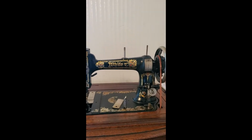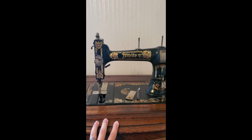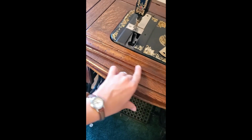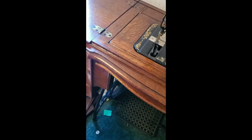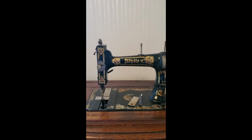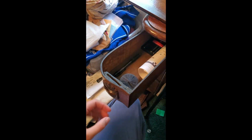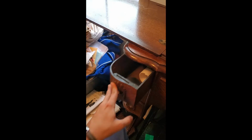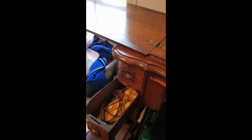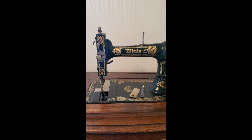My old lady here is a White machine. She is roughly an 1887 one, at least based on the table that she is sitting in, which this bit right here I adore. It is a measuring stick built into it. I love it. She came with all the drawers. There was stuff in the drawers when I got her, with the exception of like the instructions. I had to find those on my own, and technically they don't even go to this particular machine, but this